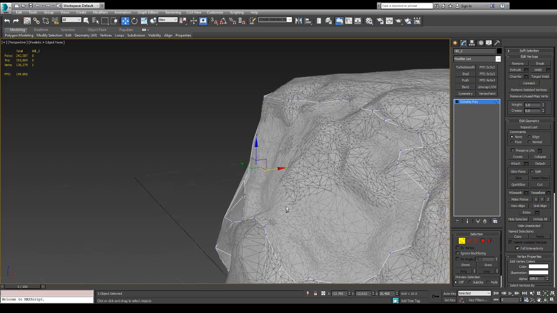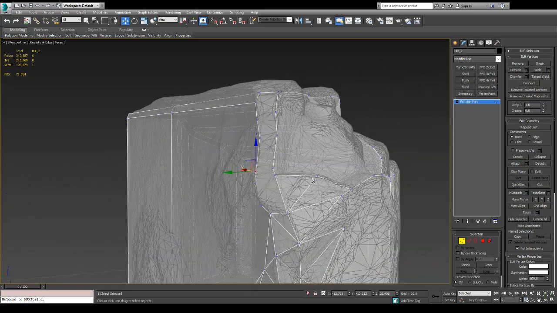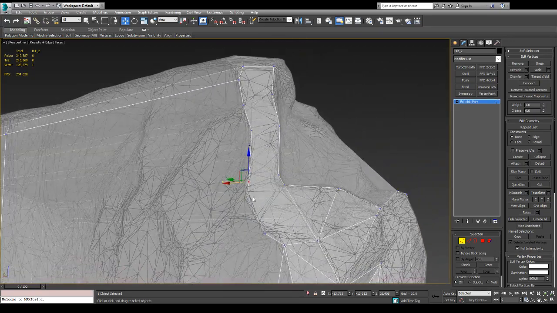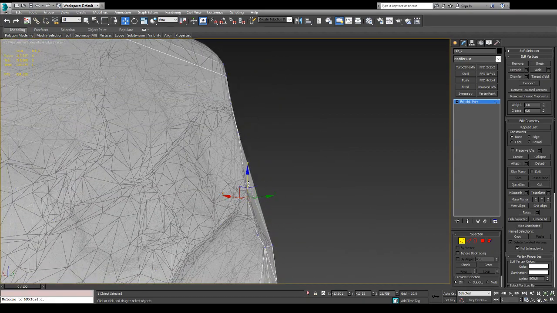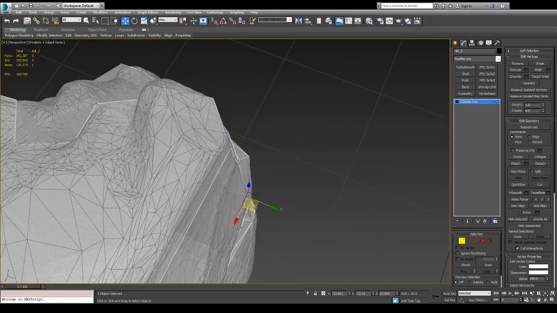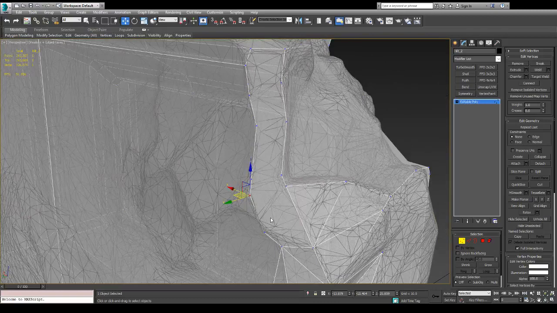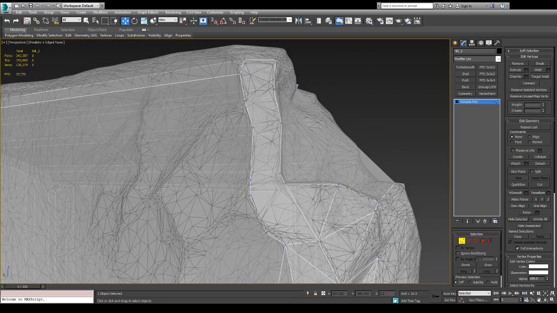Okay, so now comes the fun part, which is literally just me connecting all of these together. This needs